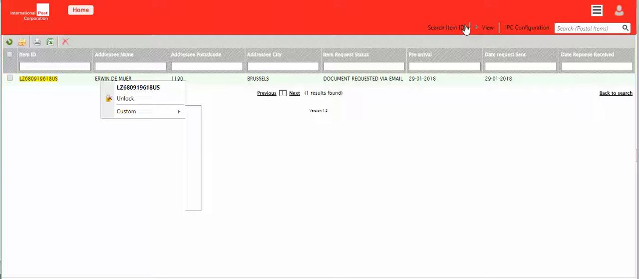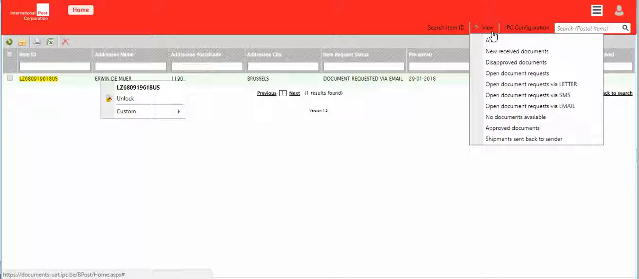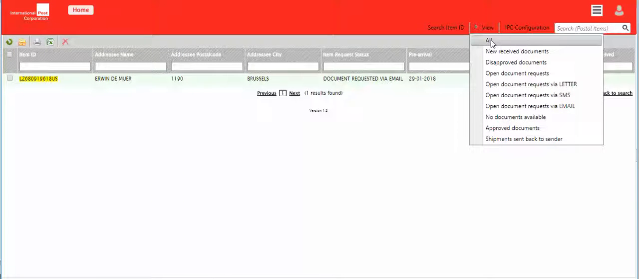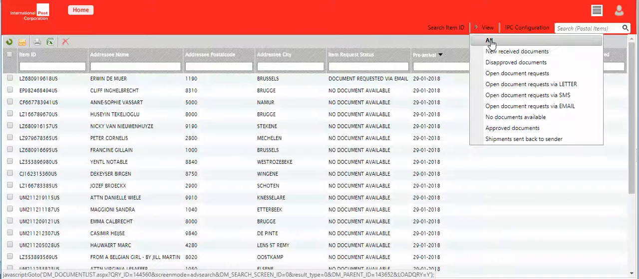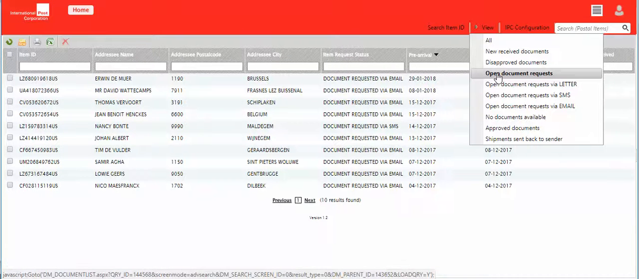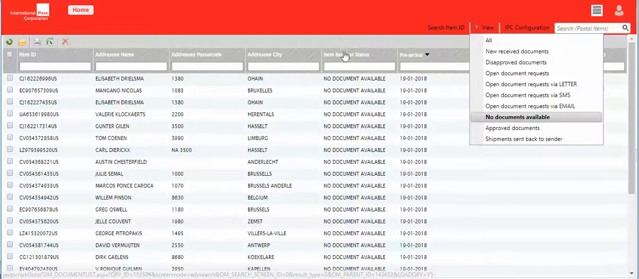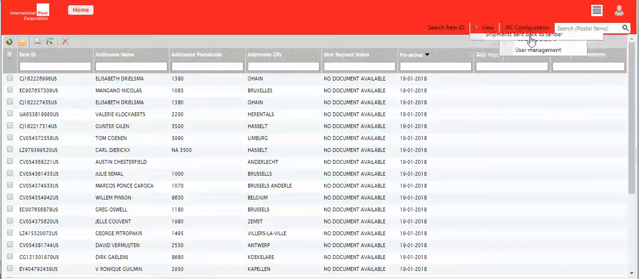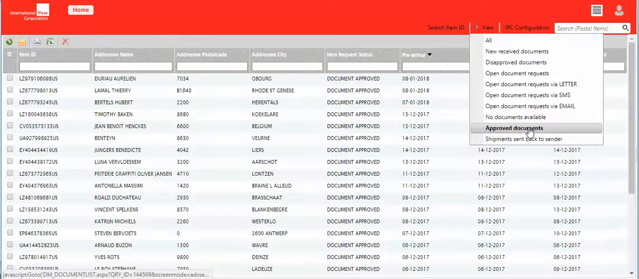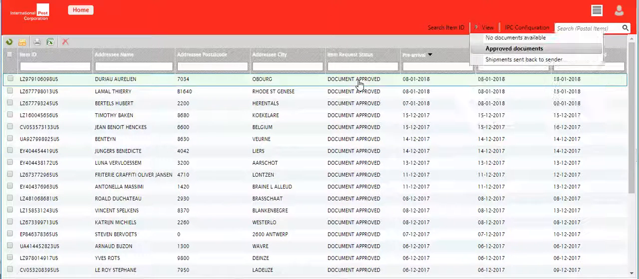We also have our view option here, and in our view option here we can see all documents, so everything that's available. We can see newly received documents to process, we can see disapproved documents, we can see open documents request, and then we can do this on letter, SMS and email. We can see which ones have no documentations available, and you can see the document request status here. We can also see approved documents, so we can see which ones have been approved,